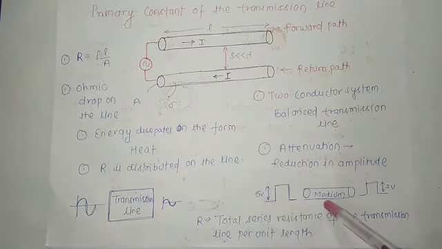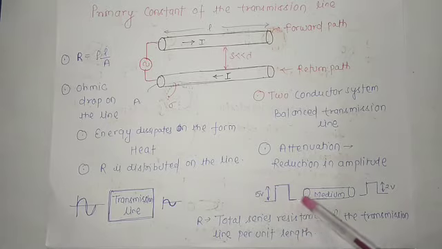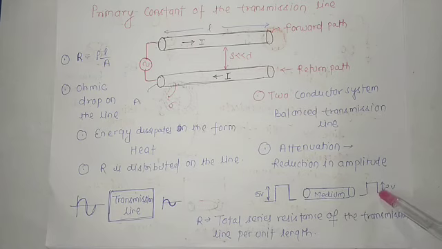Let's see this example. When this pulse is propagating in the medium and there is some ohmic drop, because of the ohmic drop the amplitude of the pulse is reduced. Reduction in amplitude is nothing but attenuation. In this way we can say resistance is a lossy element. Okay, so